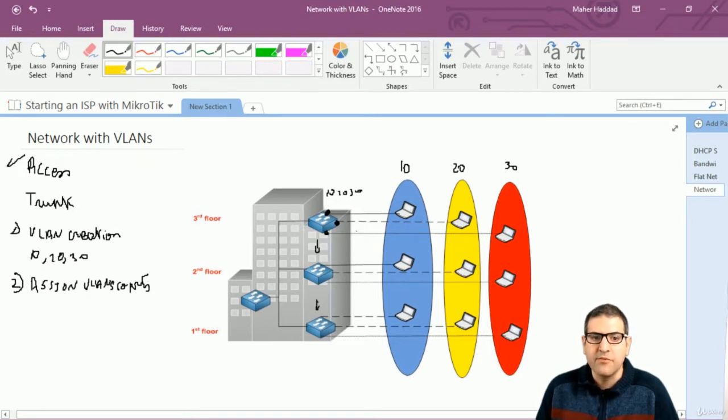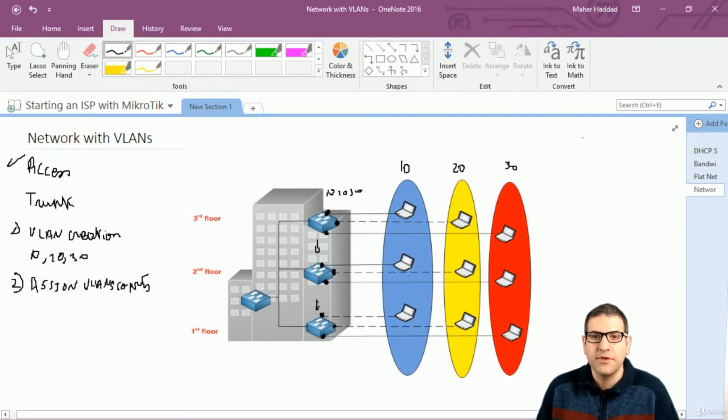Okay, then when we do that work, for example, we also made this port access, and this port access, and this port access. Then I said, okay, this port is going to be VLAN 10, this is VLAN 20, this is 30. Then also I will make this access, and this access, and we put it on VLAN 10, 20, and 30. Then in this case, we have this scenario that we are seeing here in front of us,